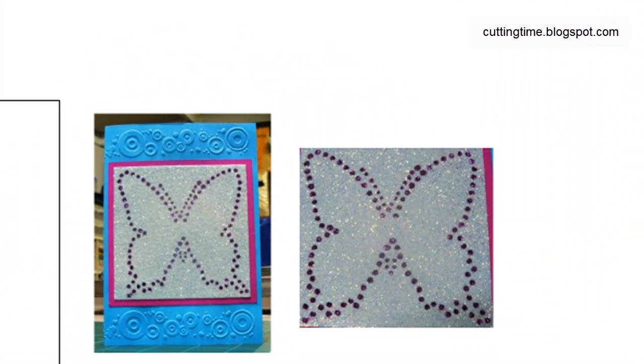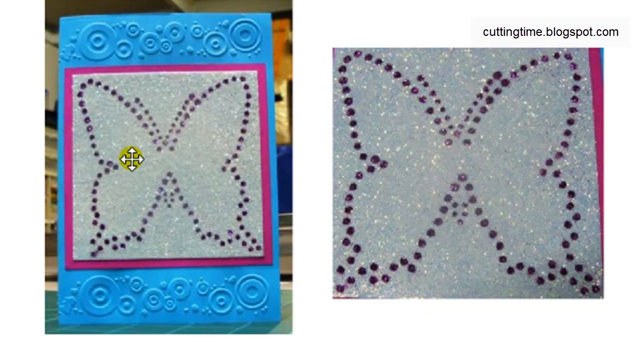I'll just show a project I did to test out this file. Because I didn't have rhinestones at the time, I used glitter. So I put the stencil down and put glitter through in one colour, lifted the stencil and then put glitter of another colour on. And if you'd like this template for your own use, feel free to visit my blog